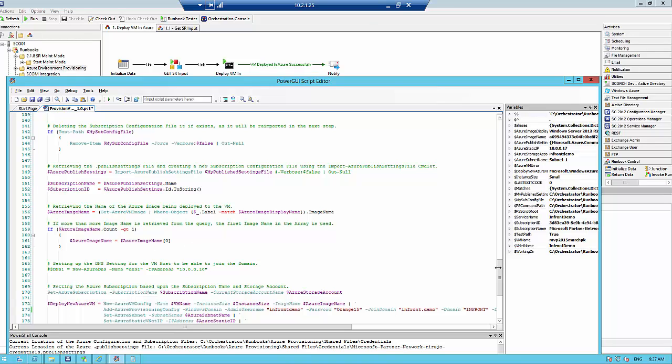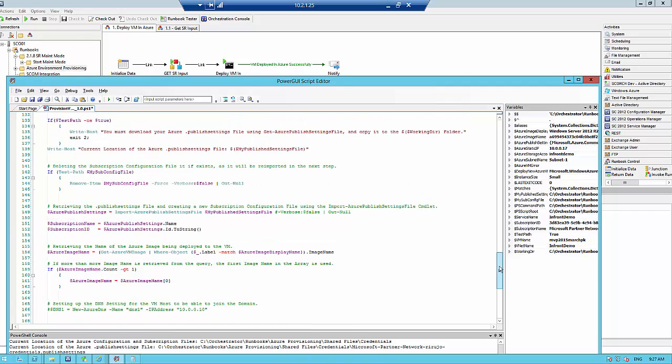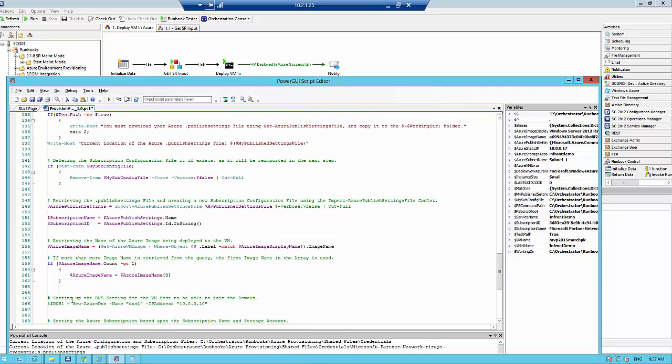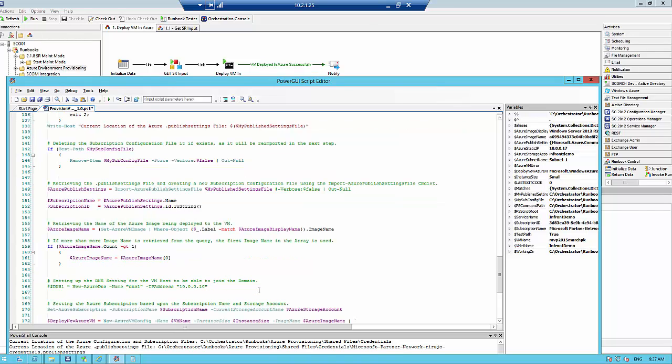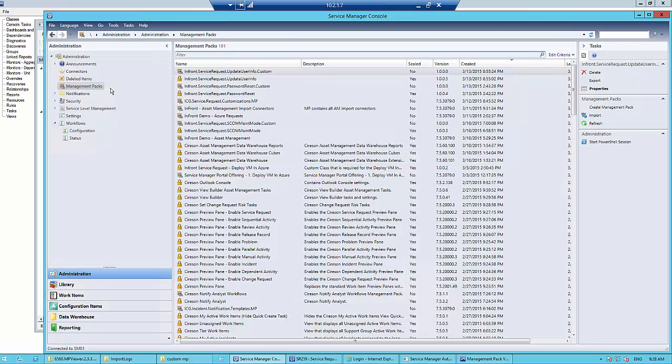One of the last things that I want to make sure is that I set the DNS server of the domain controller that's sitting in Azure. So I'm saying DNS01, new Azure DNS name, DNS1, and I'm listing the IP address of our domain controller. The reason I'm doing that is because I want to make sure that the VM joins the domain and is basically working. Now, if we pop over to Service Manager for a moment,